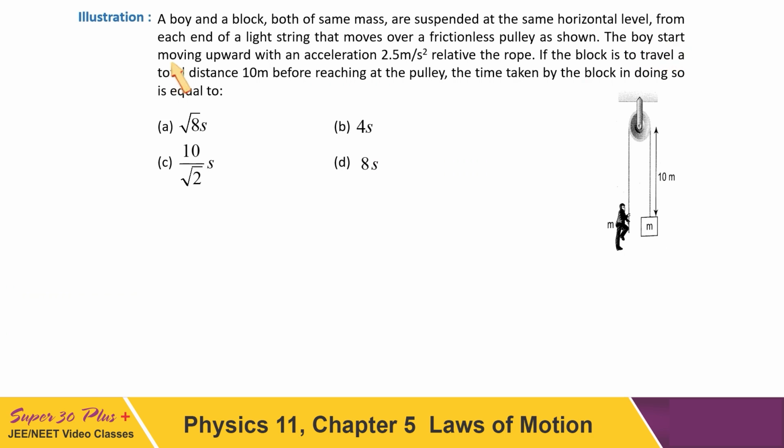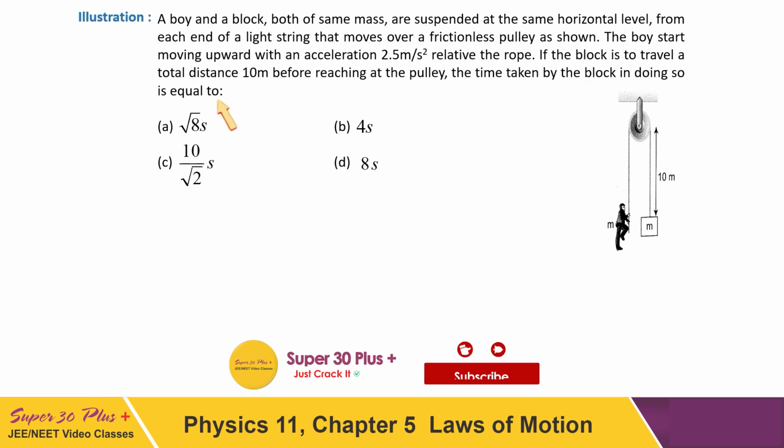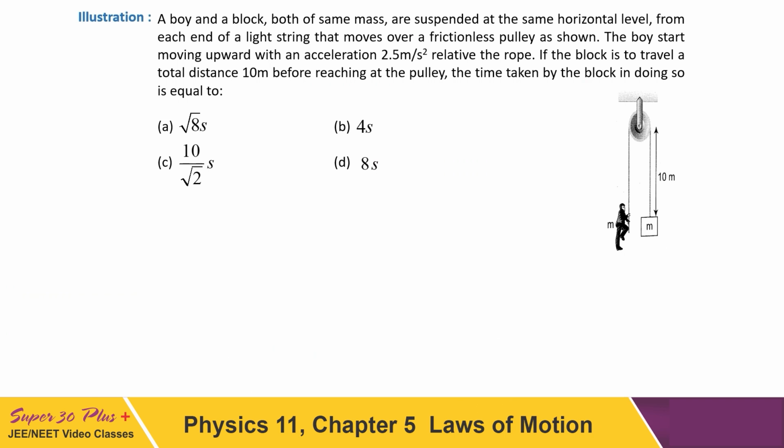The boy starts moving upward with an acceleration 2.5 meter per second square relative to the rope. If the block is to travel a total distance 10 meter before reaching the pulley, the time taken by the block in doing so is equal to? To solve this, first we have to write the equation for block and for the man. So if we consider acceleration of block being equal to a,